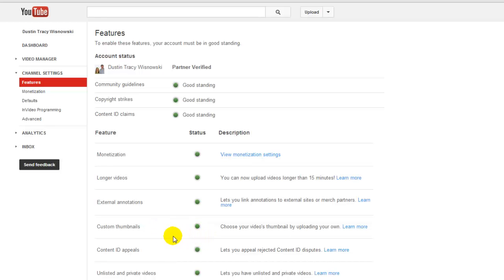If for some reason yours is not marked green, or it says that you're not able to use this feature yet, mine actually said that for a long time, but the whole time I was actually able to make this feature work, I just didn't know how. All that I had to do was where it says monetization, I actually had this turned off. So what you do is click view monetization settings,